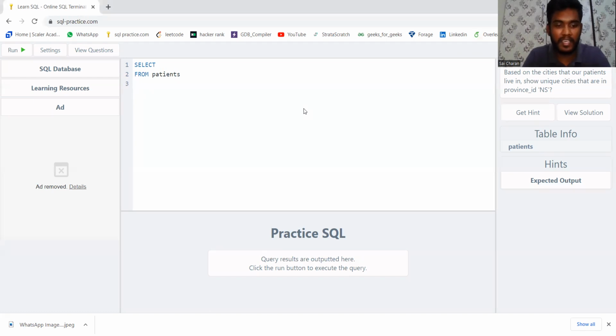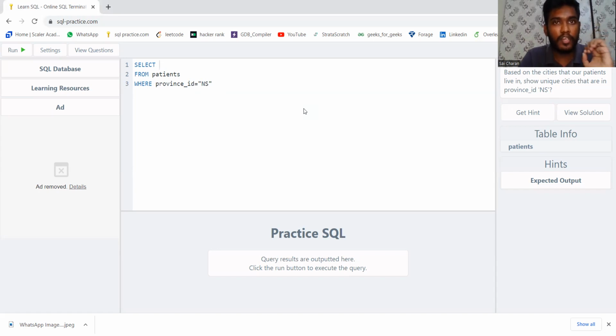So for that we will be filtering it by using the WHERE clause, where province_id is equals to, they are mentioning it as NS, right? NS. So now they're asking about